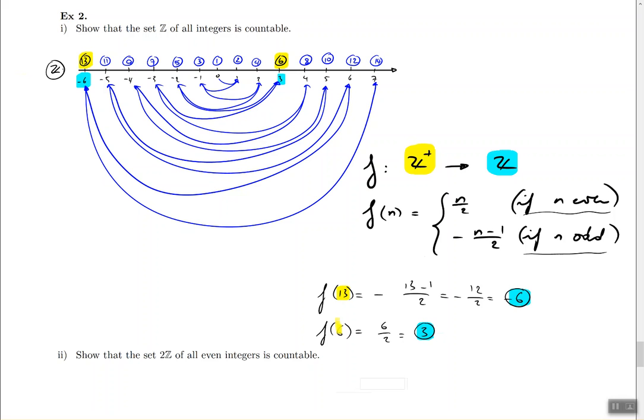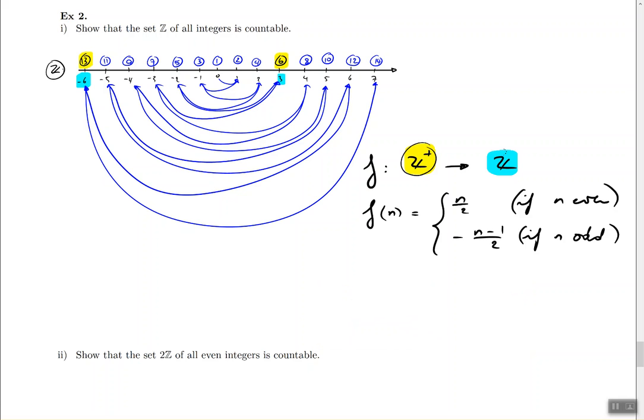So it's taking the input, which is a positive integer, and it's assigning to it an integer that could be positive, it could be negative. So this function can be proven to be one-to-one and onto, although I'm not going to do that here. But because it is one-to-one and onto, then it will be possible to say that the sets Z plus and Z have the same cardinality, or in other terms, that the set Z has the same cardinality as the Z plus set. Remember, it's reflexive and symmetric and all that good stuff.